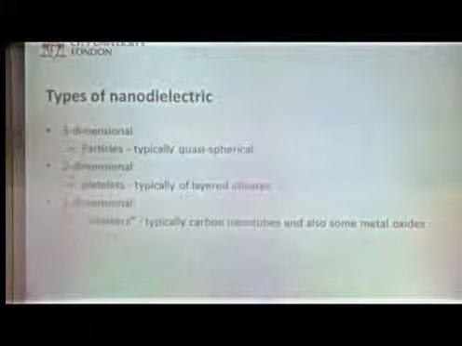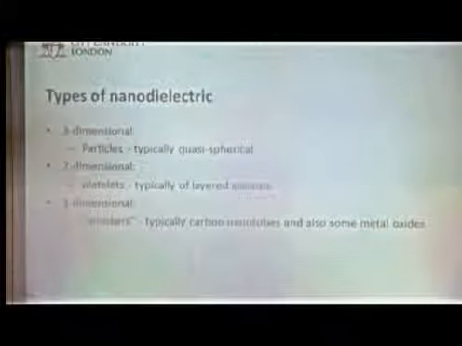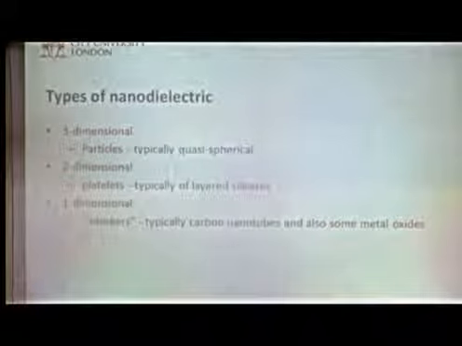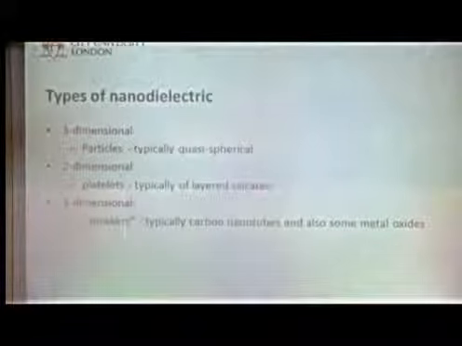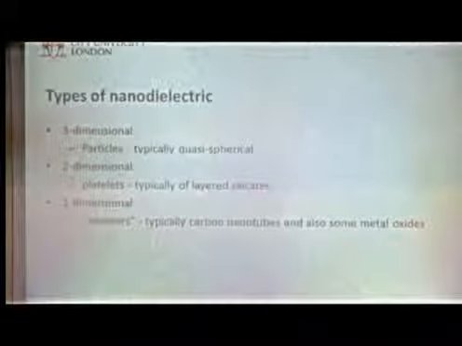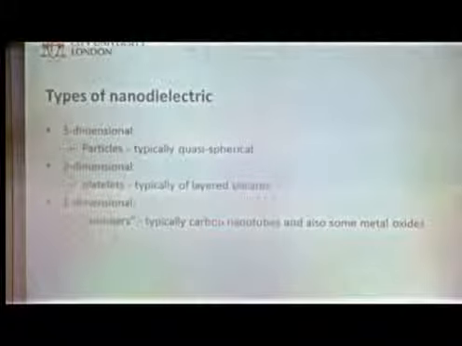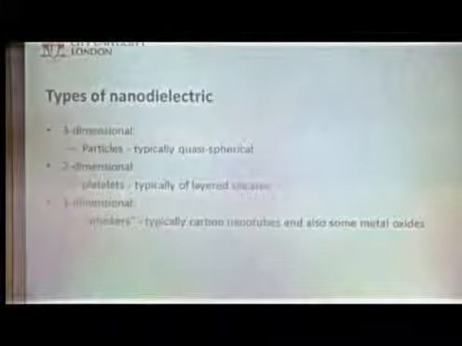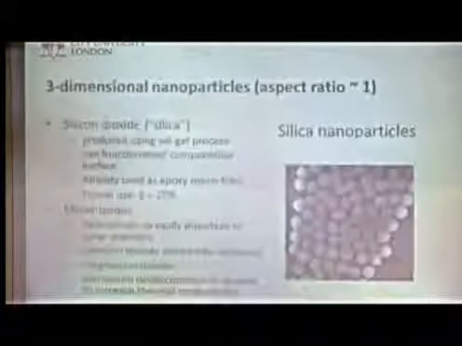And if you've ever wondered why clay moves in the way that it does, it's because it's made of these platelets, and it'll very easily squash and move around, rather like graphite does, give you a slimy sort of consistency, I suppose. And you could think about adding one-dimensional particles, I call them whiskers, you know, like cats have whiskers, and these might be typical carbon nanotubes that are the obvious ones there, but some of the metal oxides will also form these sort of whiskers as well.